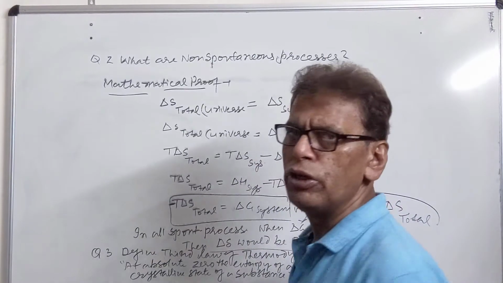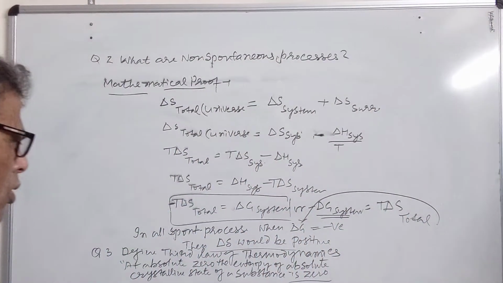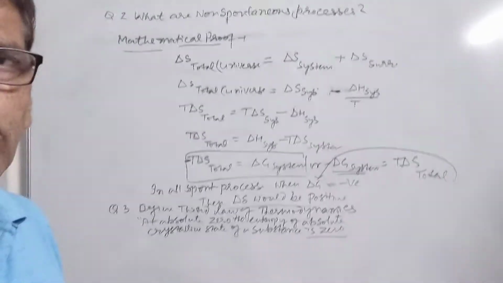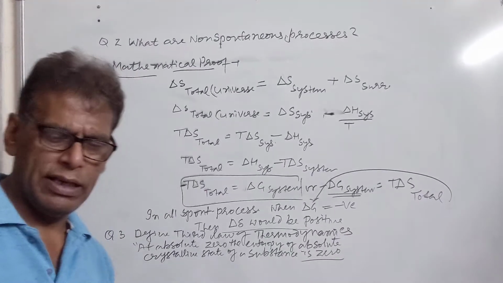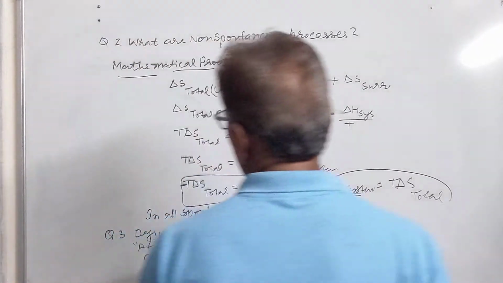Because at absolute zero, all types of motions of the molecule cease, all types of activity of the molecule are stopped. So we can say at absolute zero, the entropy of a perfect crystalline state of a substance is taken to be zero, or in other words we can say delta S